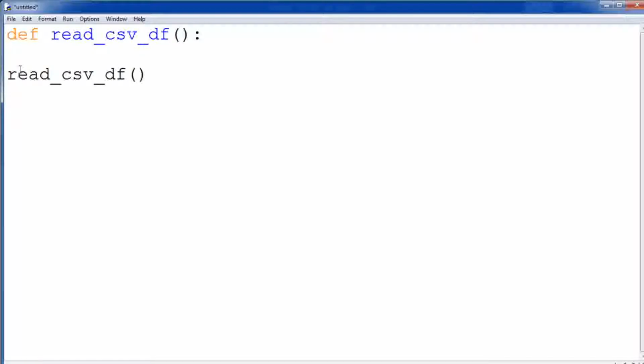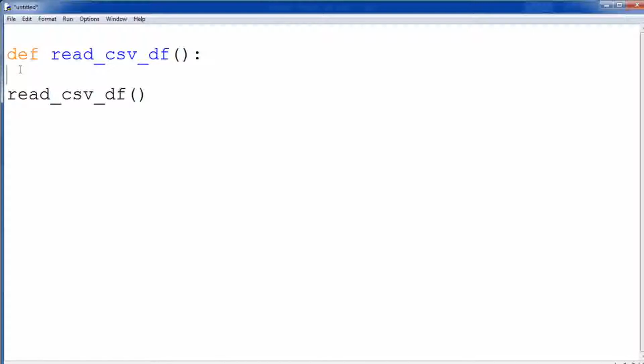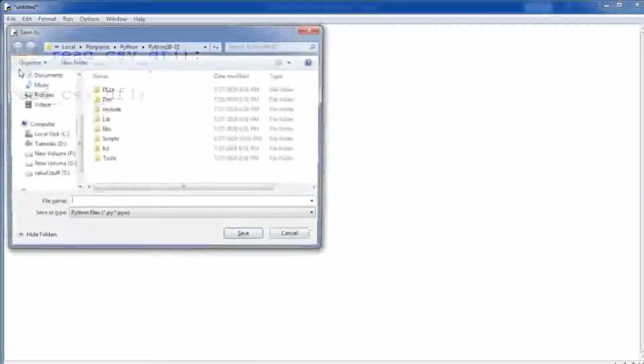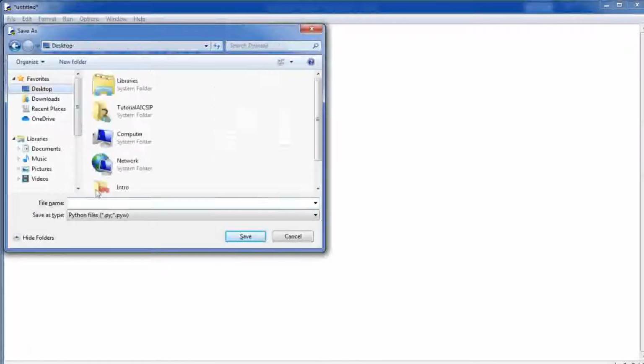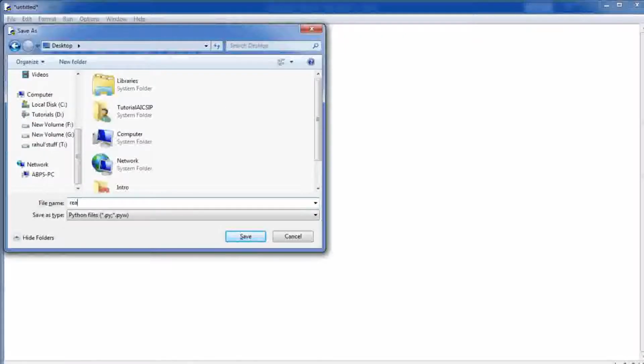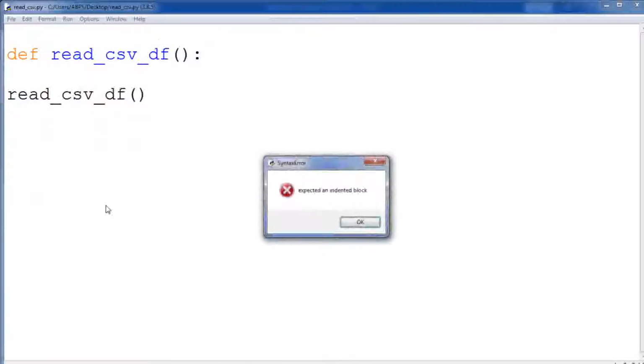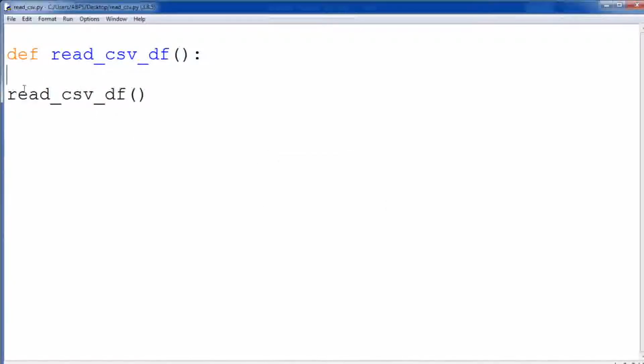So like this, then save it. Now I am just saving on the desktop. It is showing unexpected indentation. It is okay, no problem. Now import pandas.